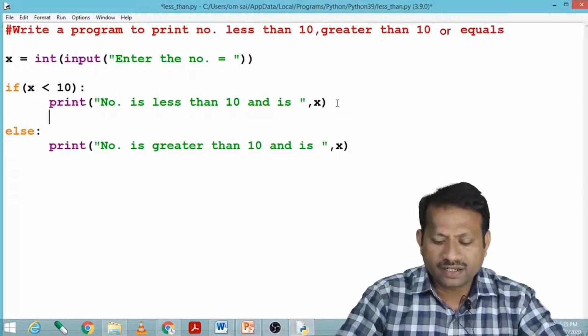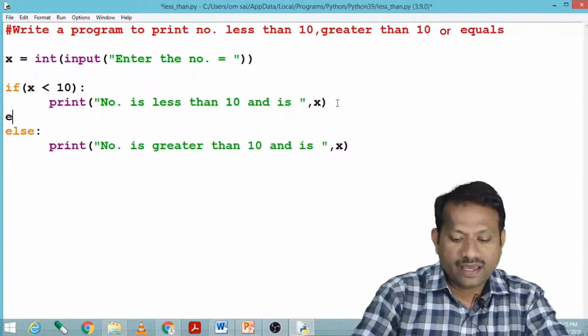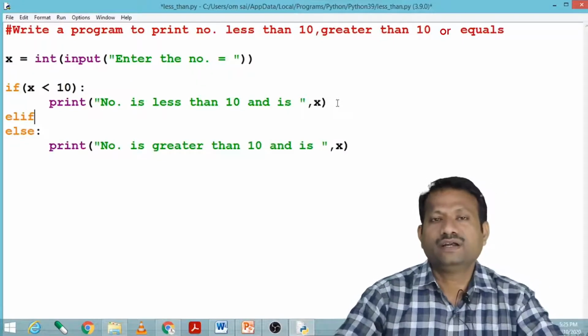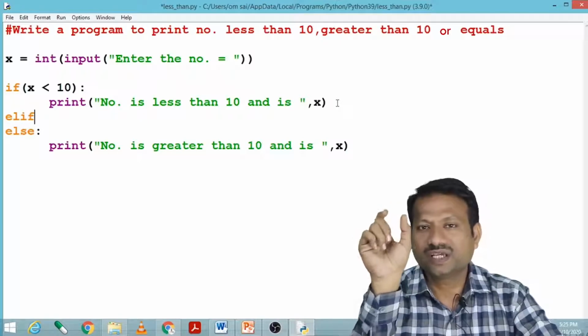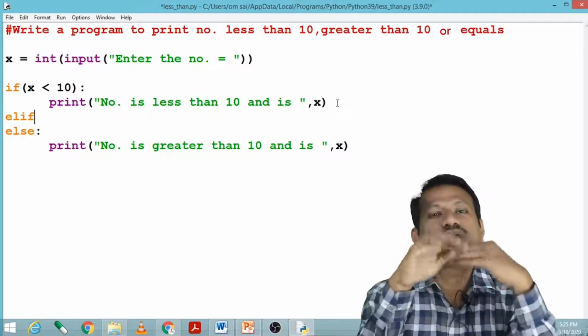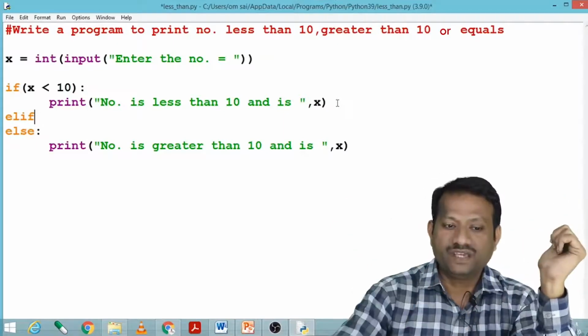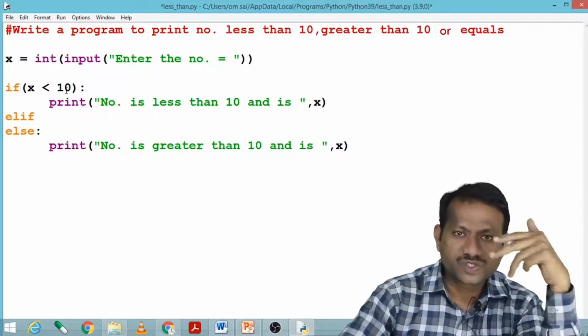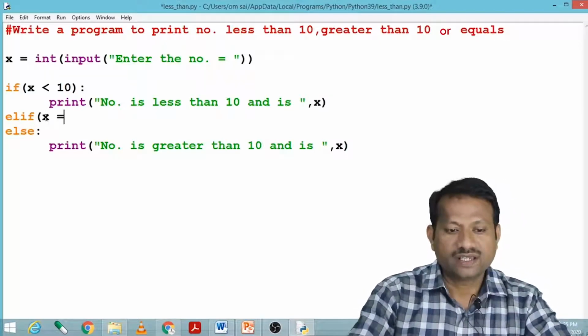Here again enter, and here I have to enter an else if statement. The first condition, it is less. Now I just wanted to say whether it is equal, which means I have to pass one more condition. So here comes the statement else if. If x is not less than 10, I have to check another condition, else if x equals 10.